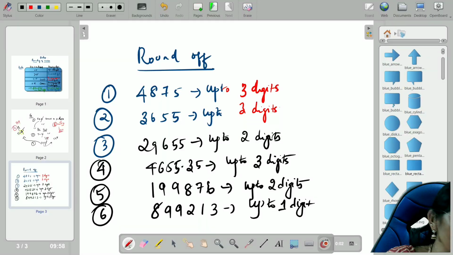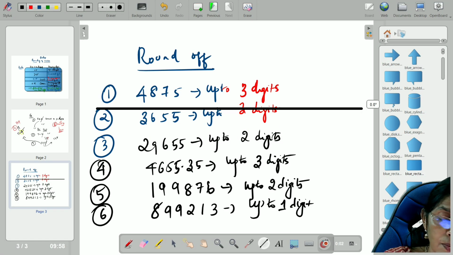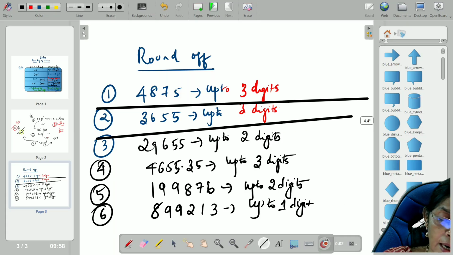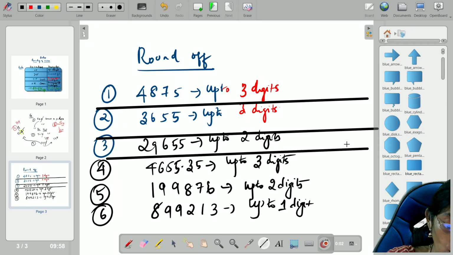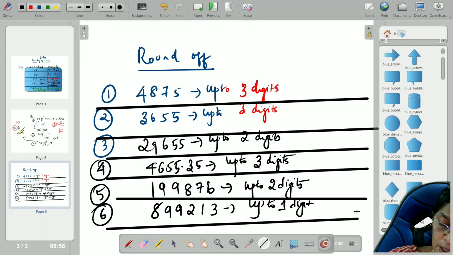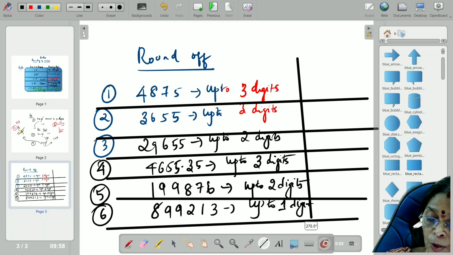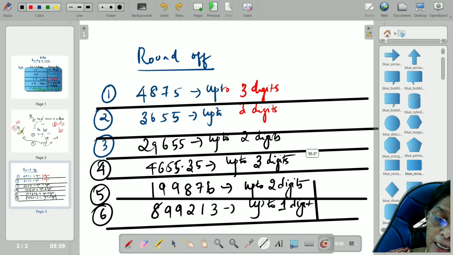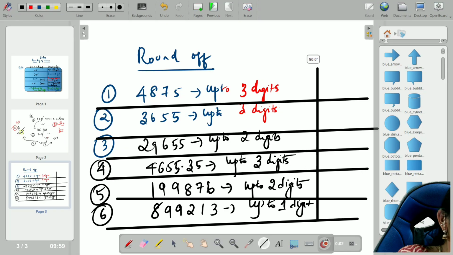So let us see the answer for the same thing. Okay, children, let us see the answer for the same thing. So you must be knowing, we'll discuss the same very quickly. This is all the concept. It will take just 5 minutes for you to learn. So let us see the answer.